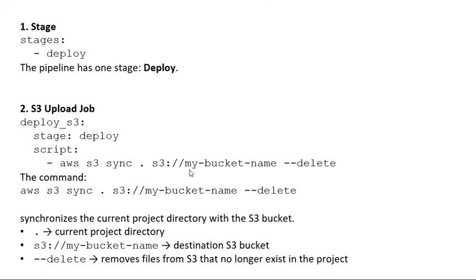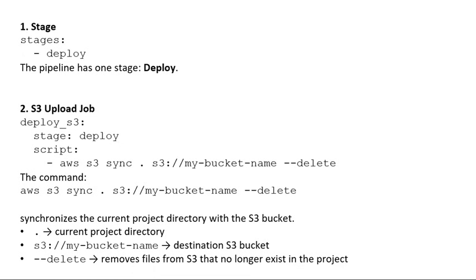--delete. This command, aws s3 sync . s3://my-bucket-name --delete, synchronizes the current project directory with the S3 bucket. The dot represents the current project directory, and s3://my-bucket-name is the destination S3 bucket. The double hyphen delete removes the files from the S3 bucket that no longer exist in